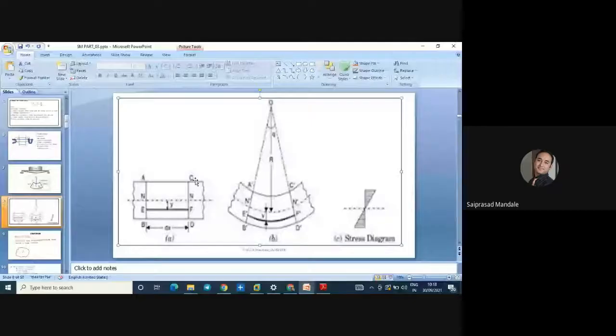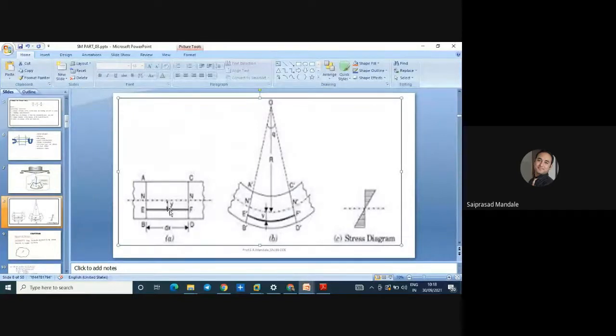This is a figure that is required for the derivation. Let us have a look. I will conduct the derivation later on. Right now we don't need anything, we need only the formulas. So this is one section. This is a beam having AC at the top layer, BD at the bottom layer, and NN, that is the neutral axis. I just told you the distance between the neutral axis and any layer is called Y.